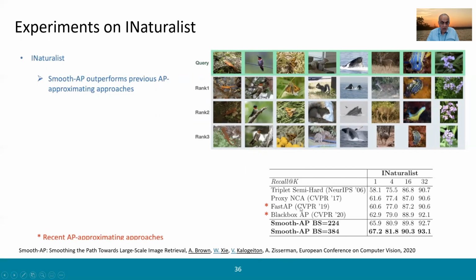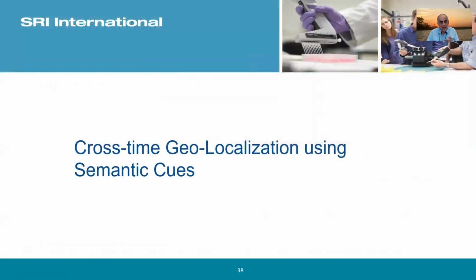Okay, so that was on how to minimize, right? Using smooth AP as an error metric is much better than using Siamese networks or triplet loss. And there have been many techniques for this average precision. I just presented you one of them, which came out last year, which I thought was very elegant and simple to implement. Okay, so now we're going to change tack and speak about a different thing, cross-view geolocalization using